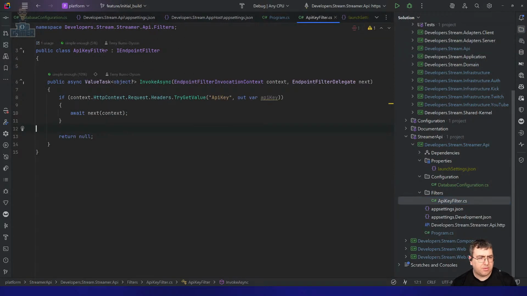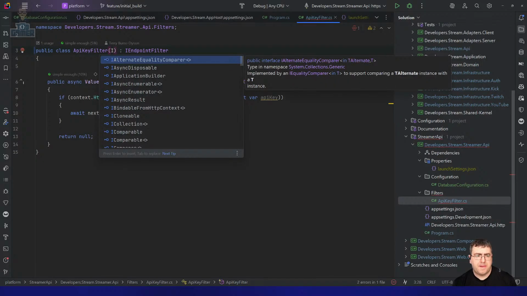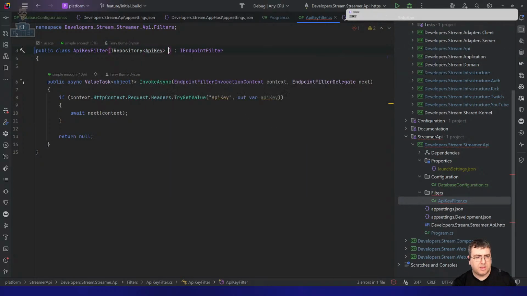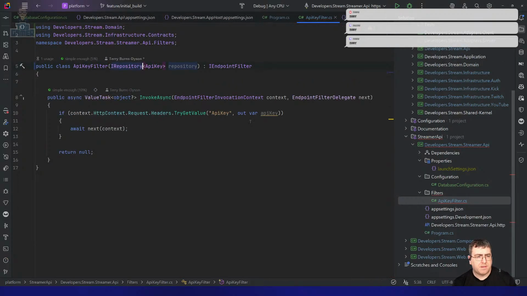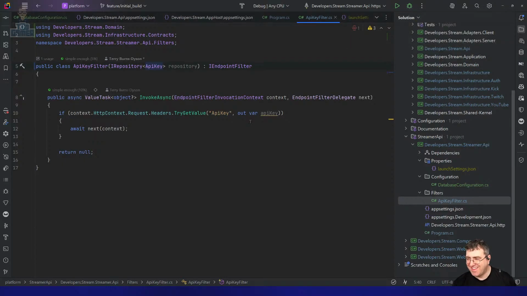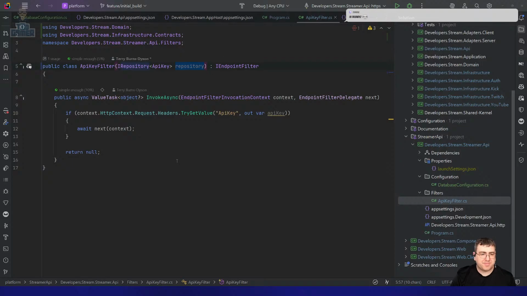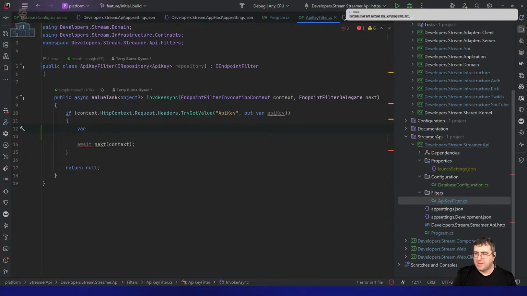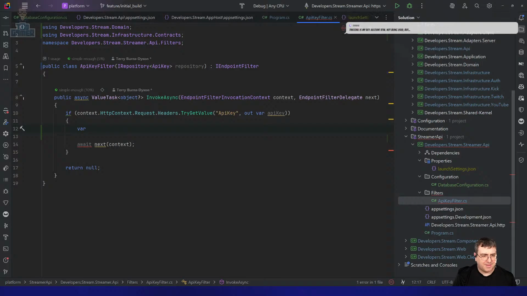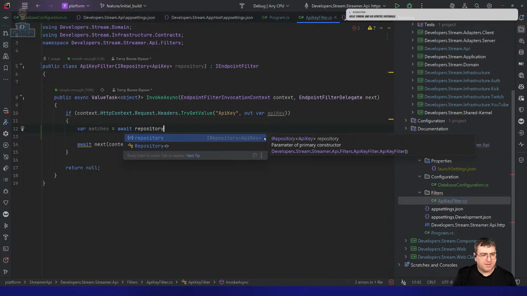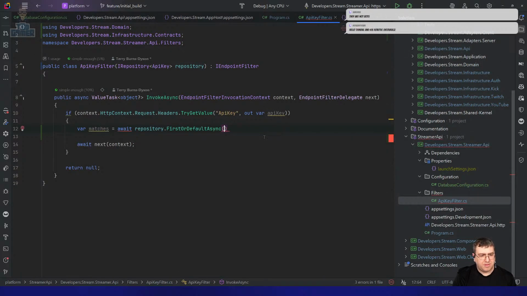So what I want to do here is try and build the repository for the API key. Var matches equals await repository dot default